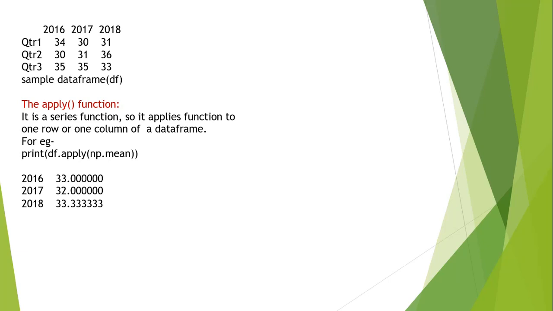If you want to change the axis, you can change the axis. If you have to take the elements according to QTR1, QTR2 and QTR3, you have to mention the axis. Right now by default the axis is 0. So if you want to take the operation according to the columns, then you will go for axis equals to 1. Then you will get the result for QTR1, QTR2 and QTR3. But here we have not mentioned any axis, so the default axis is 0, and it has taken the rows accordingly, and elements have been added according to the rows. The result has been produced for the columns. I think that is clear for you. Let's move further.